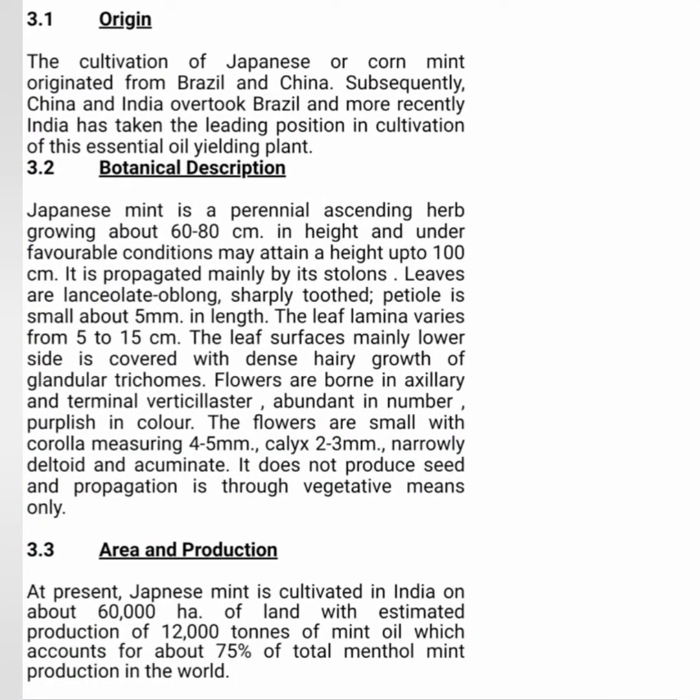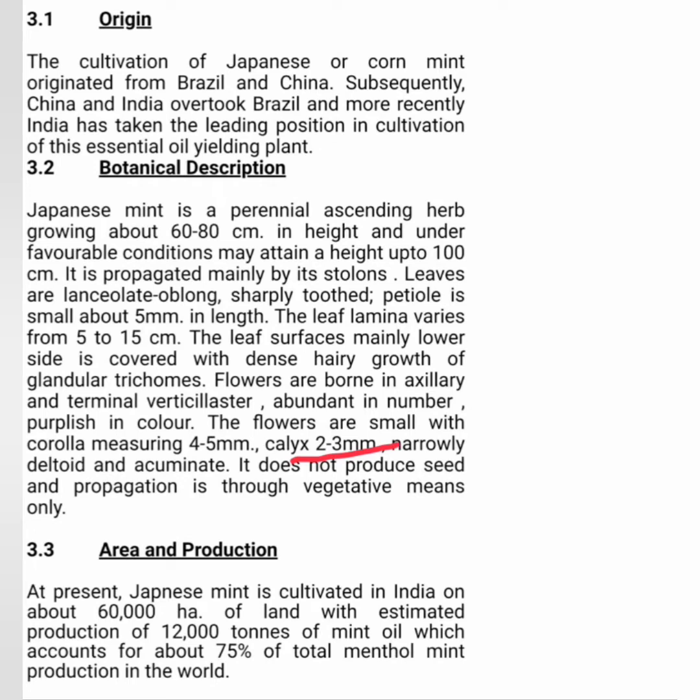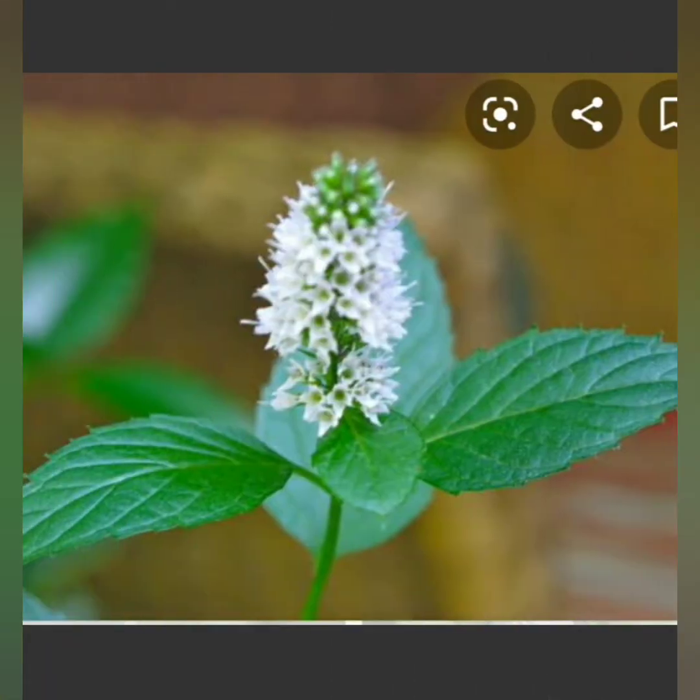And those flowers, you can see, are abundant in number, purplish in color, and small, with corolla measuring only about 4 to 5 millimeter and the calyx only about 2 to 3 millimeter. Narrowly deltoid and acuminate. Deltoid meaning triangular, and acuminate, tapering to a point. Okay, so they are deltoid, that means triangular. These flowers are deltoid and tapering to a point, that is acuminate, and actually they do not form the